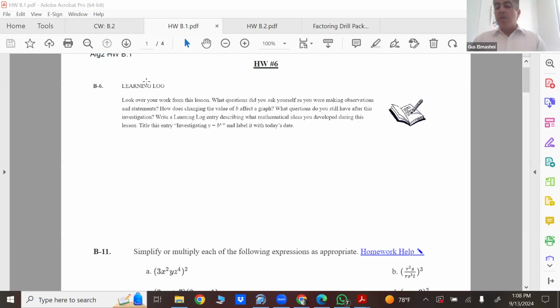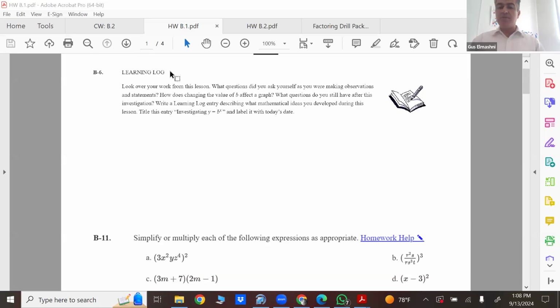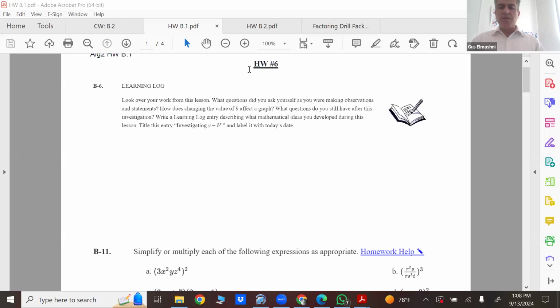I would like you to do it. It'd be good for you to just write a couple sentences of how you feel about the current topic. But the second question is a good one because it's a little more technical. Like, how does change in value b affect the graph? And this is dealing with the exponential function y equals b to the x. So something you could say about that is that when b is larger than 1,